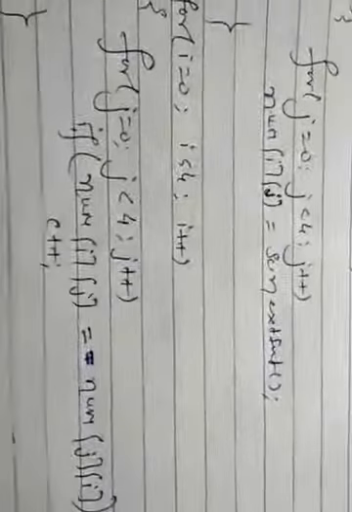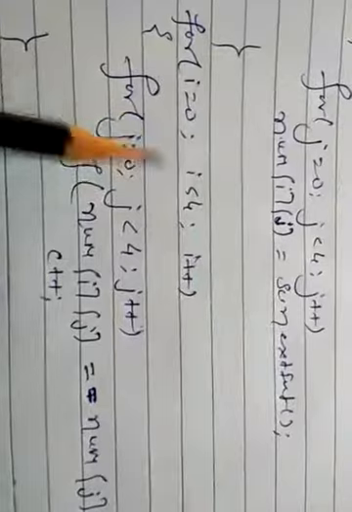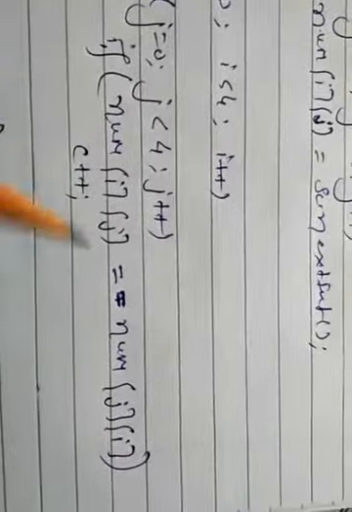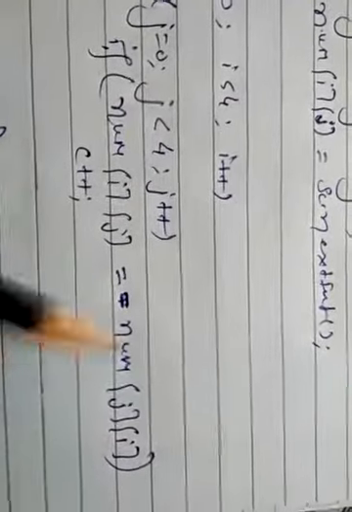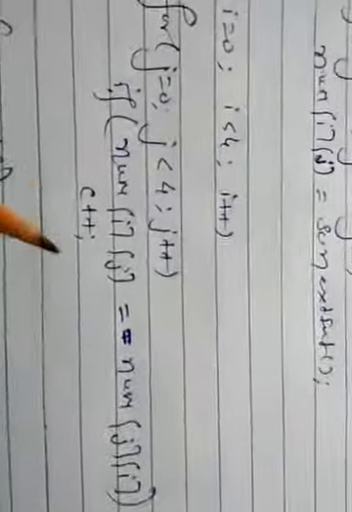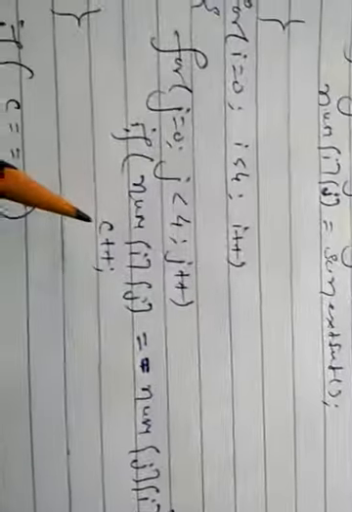And this is the calculation for the symmetric matrix. i equals 0, i is less than 4, i plus plus, j equals 0, j is less than 4, j plus plus. If num[i][j] equals num[j][i], we compare all the rows with the column values and then increase the value of c by one, c plus plus. At the last we check that if the value of c is equal to 16, then the matrix is symmetric, otherwise the matrix is not symmetric.